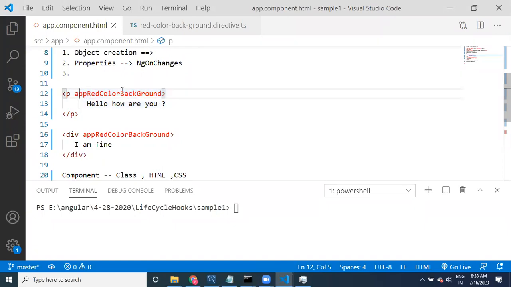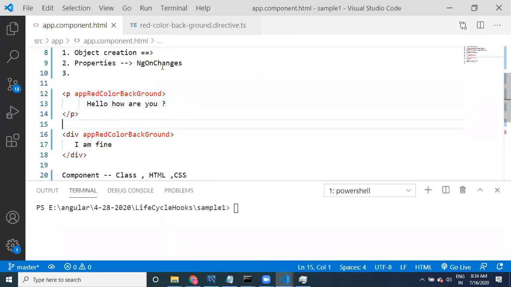Now we have applied this particular directive to p tag, and now this is applying to div tag. Whenever you are applying this directive, it is applied to which tag?